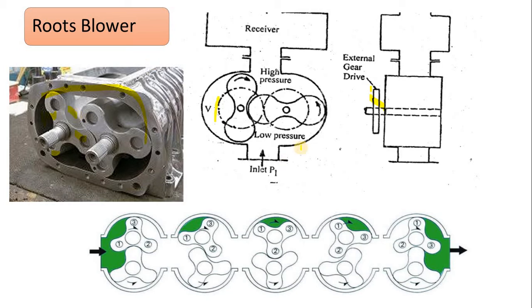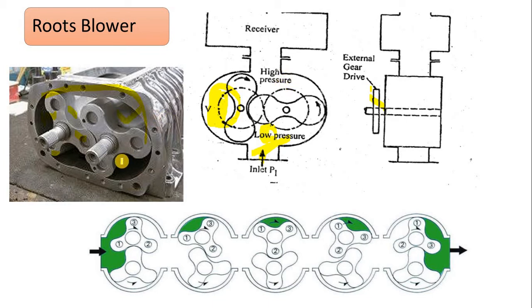When the driver rotates at a high speed, the driven blade is also rotated at the same high speed but in the opposite direction, and it creates suction on the suction line. This is the suction line where air enters and gets trapped in this particular area. This is the pocket where air is trapped. So here you will get an idea.